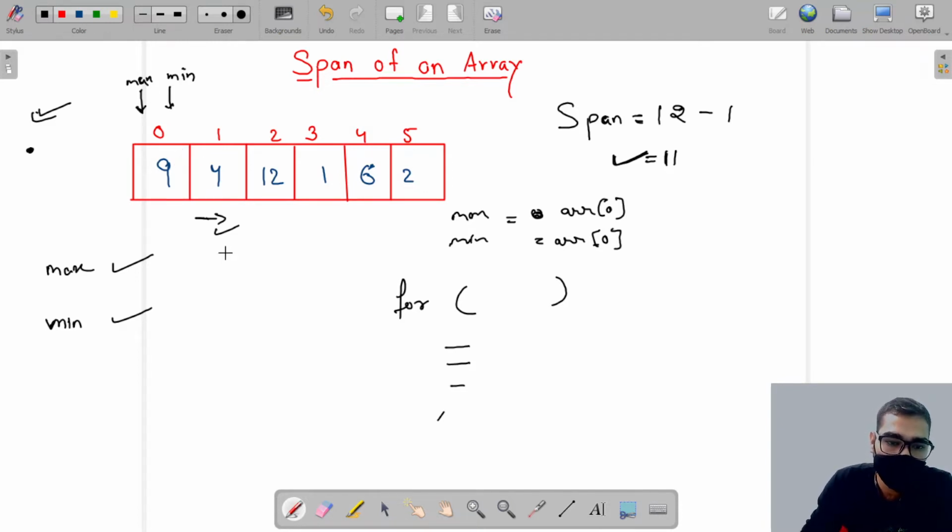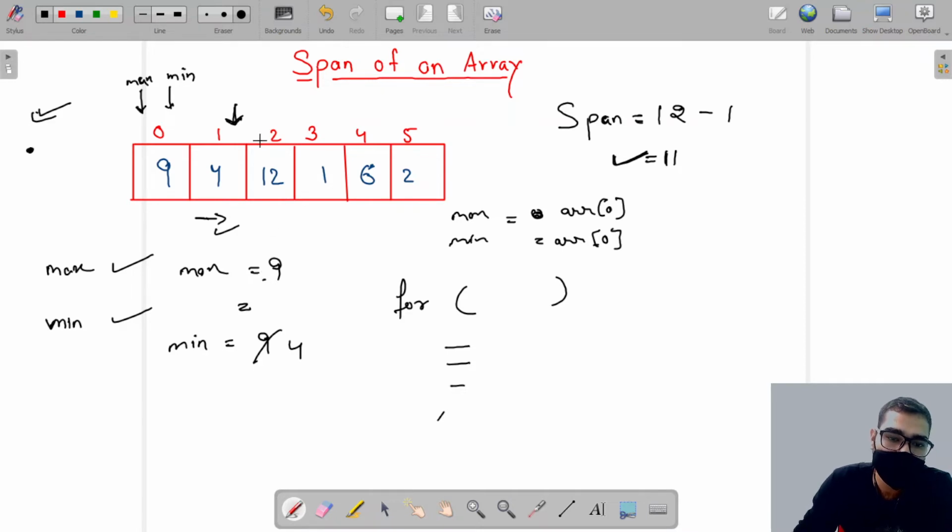For example, for max, if my iterator goes here, I will check whether the value present in my max is greater than or less than the current iterator. If it is greater, I will not upgrade it. And in min, the current value is 9, but my iterator is at 4. So 4 is less than 9, so I will upgrade min with 4.